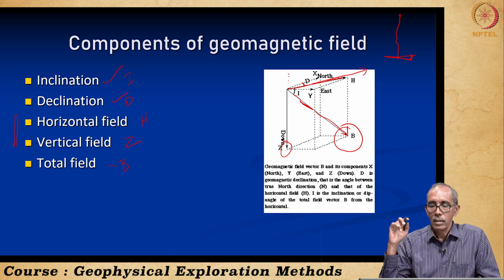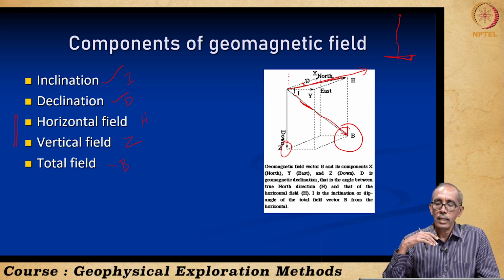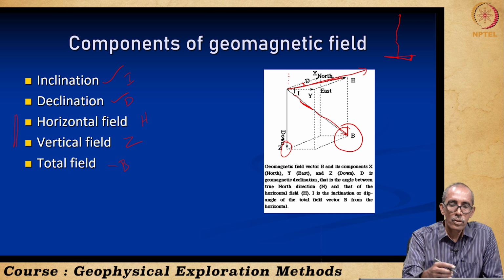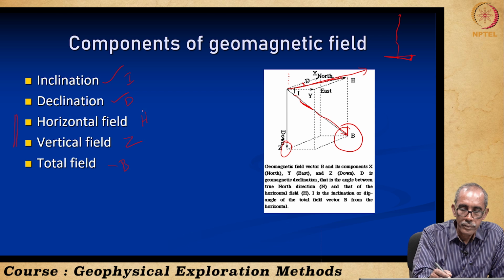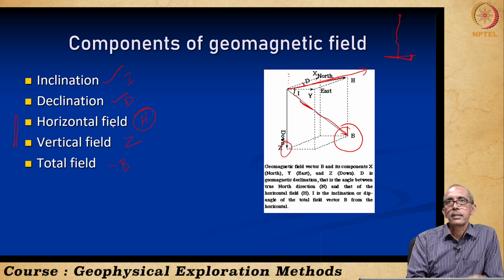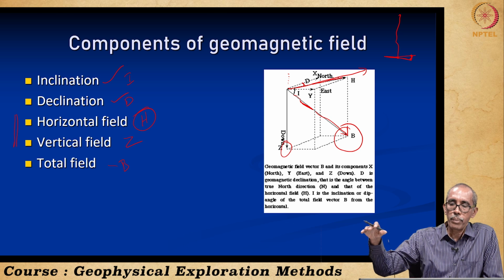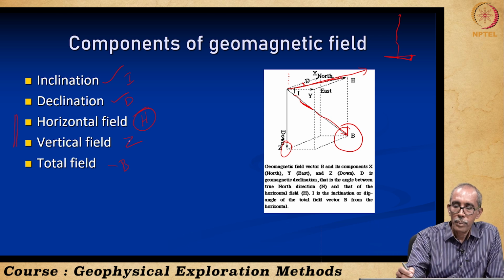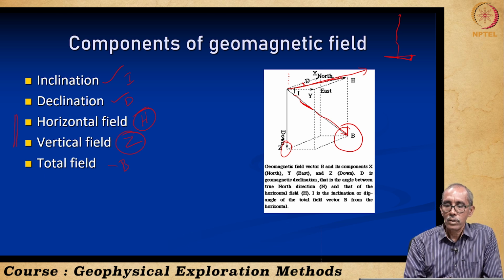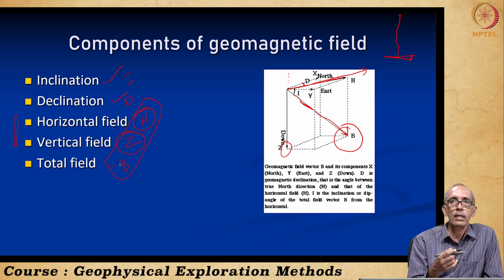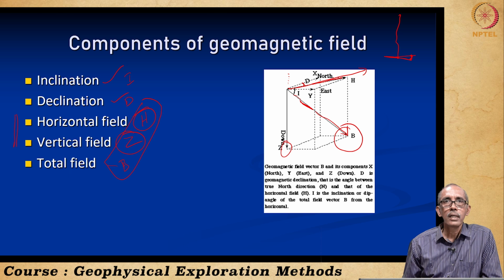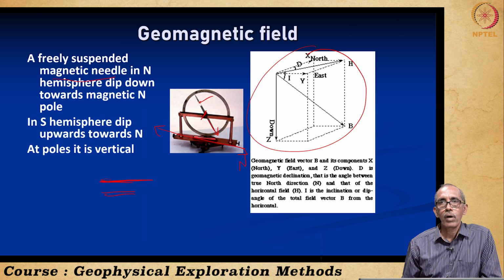So, the total field vector has two components, one in the x direction and one in the z direction. The one along the horizontal is known as H, that is, the projection of the total field on a horizontal plane, and the resulting component in the vertical direction is known as Z. So, these are the three vectors. One is B, the total field vector. This is what we had seen when I showed the image of Swarm data.